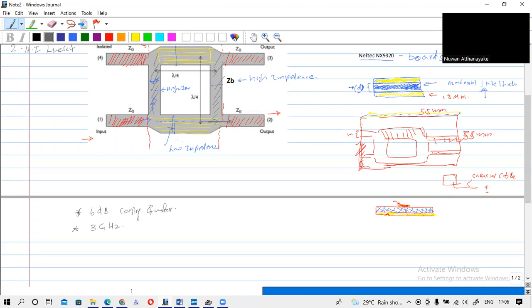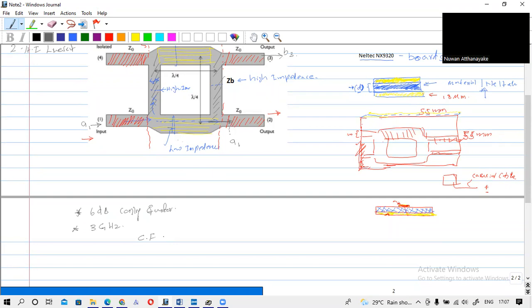If this is the input voltage, let's say that is A1, okay. So here I input A1 voltage. And if I get the coupled output, let's say it is B3, this is a 3 port, okay, B3. So the coupling factor is